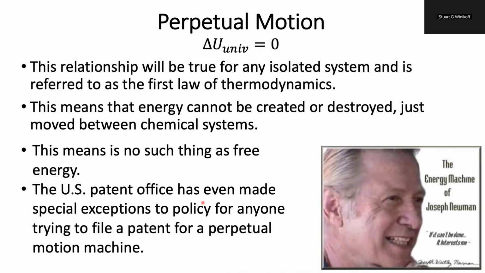One of the most notable cases was in 1979, where Joseph Newman, as you can see here on the right, had come up with a machine that was a net producer of energy. It was an eternal source of energy. And he filed his patent, and the US Patent Office says, well, this smacks of perpetual motion, you're denied. He appealed to the courts, and the courts assigned a special auditor named William Schuler, who was the former patent office commissioner. And he assessed the device and said, hey, it works.